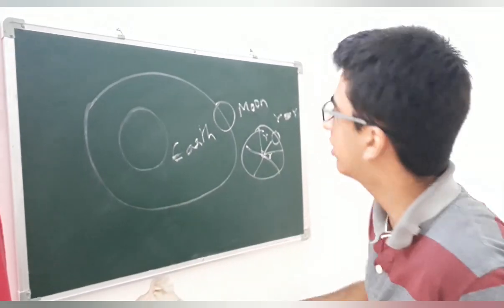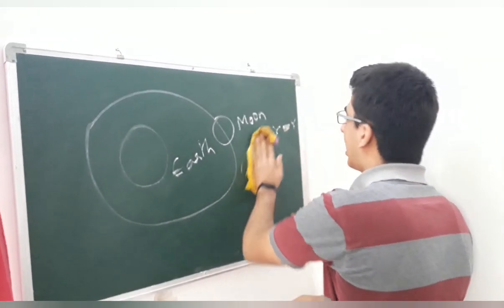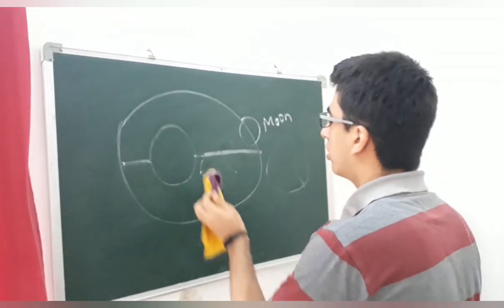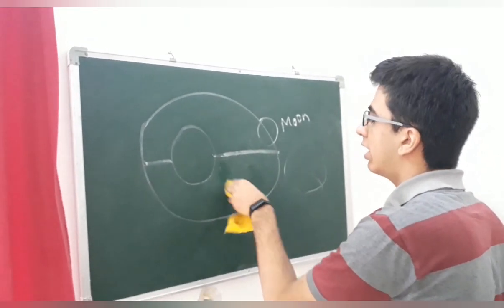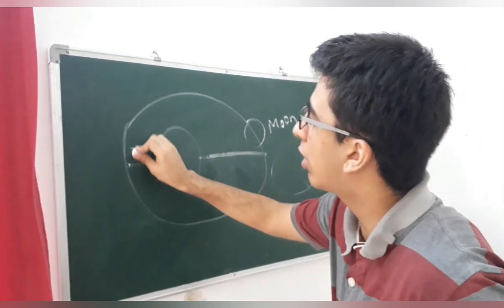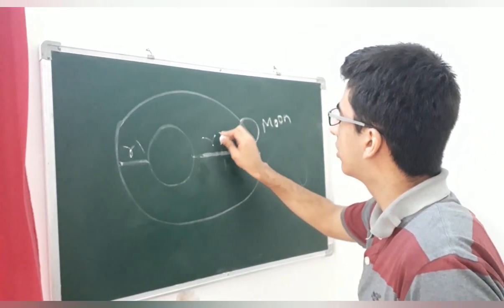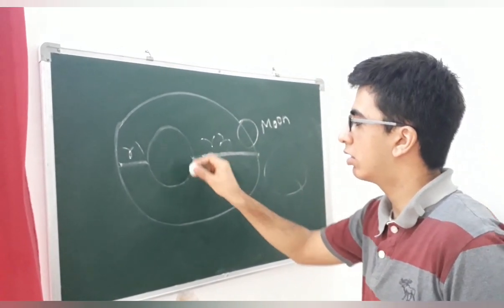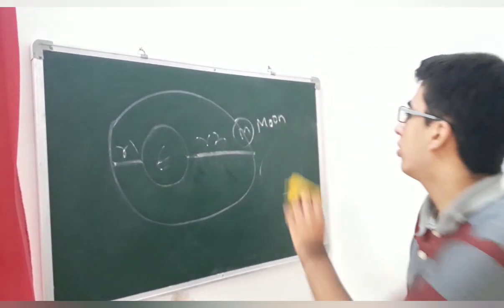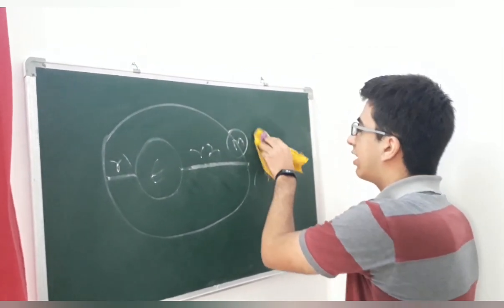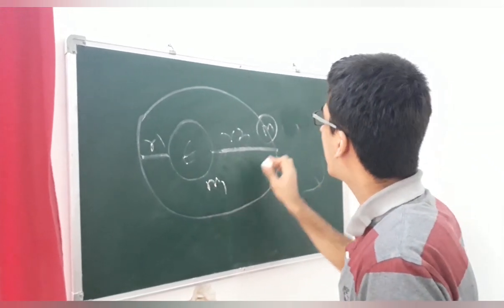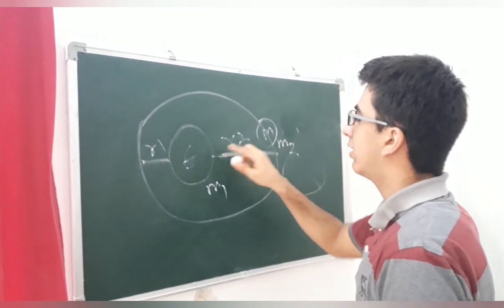But when you take this, is this side equal to this side? This is not equal to this. So we'll have to take two radii, the maxima and the minima. We'll take this as radius 1 and this as radius 2. This is the moon and this is the earth, so I'll just write E and M to make it easier. Normally we refer to these as mass 1 and mass 2, and this is the radius.